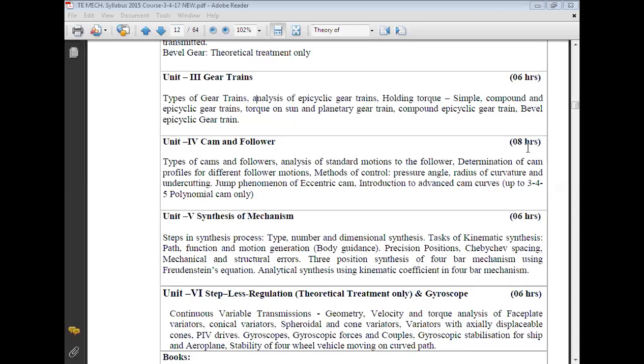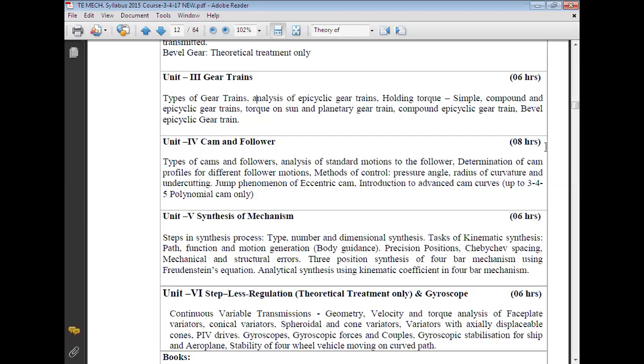Then unit number 4 is CAM and follower. You are already aware of the different applications of CAM and follower. One of the applications is IC engines. In it, we are going to see the types of CAM and followers, analysis of standard motions of the follower, determination of CAM profiles for the different follower motions,